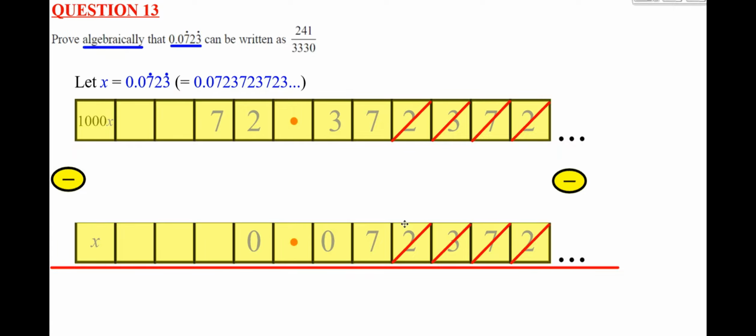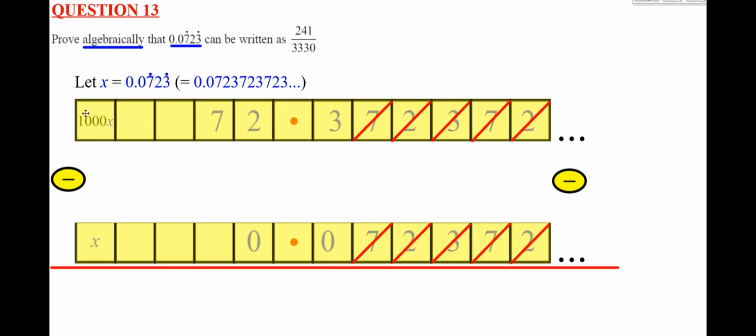The final digits to cancel are the 7 and the 7, the second decimal place of each number. 7 take 7 again will cancel, so that's what we have. The rest doesn't cancel because 3 is different to 0. However, 72.3 take away 0.0, which is nothing, that's just going to leave us with 72.3 because I'm literally subtracting nothing